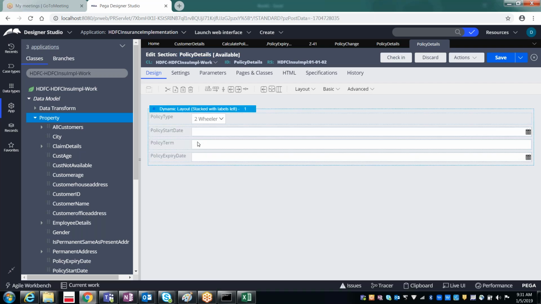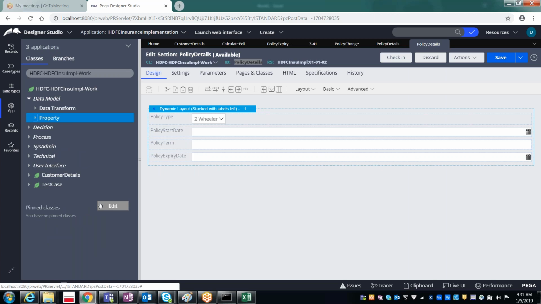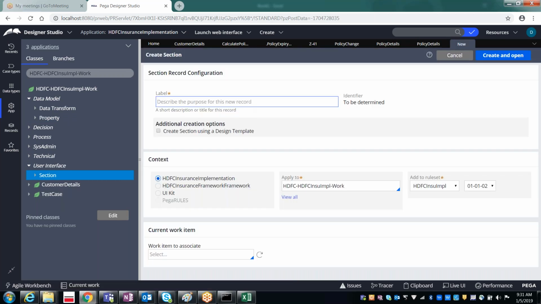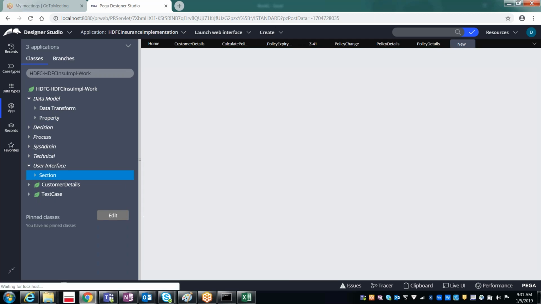In the same way, I would like one more layout in the policy details. You can have one more section for the branch details. How can you create the section? User interface, sections, create, branch details, open.